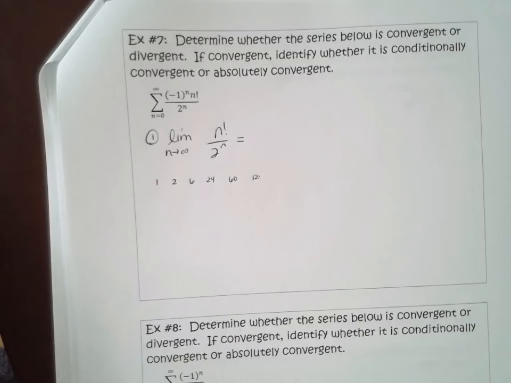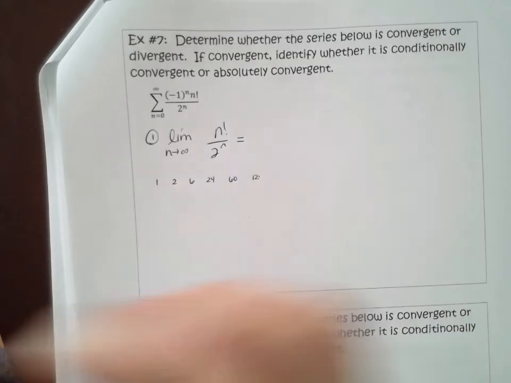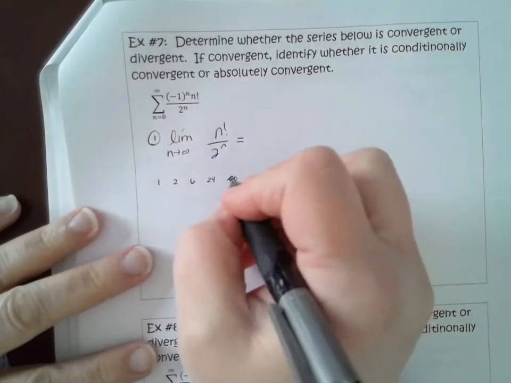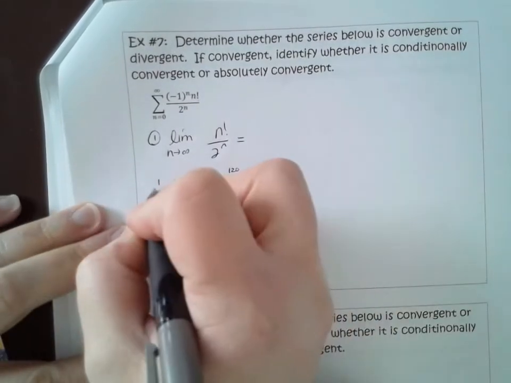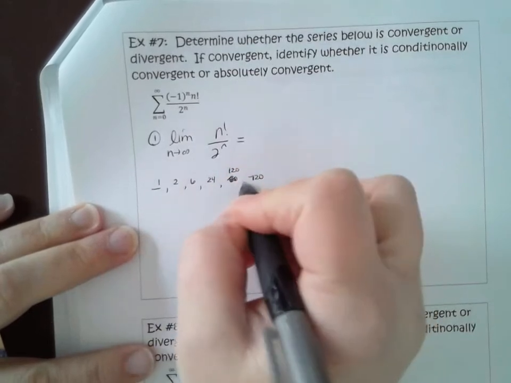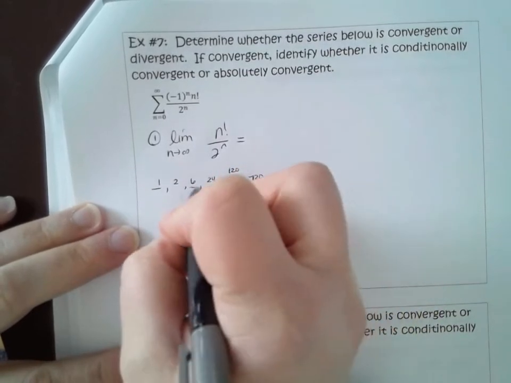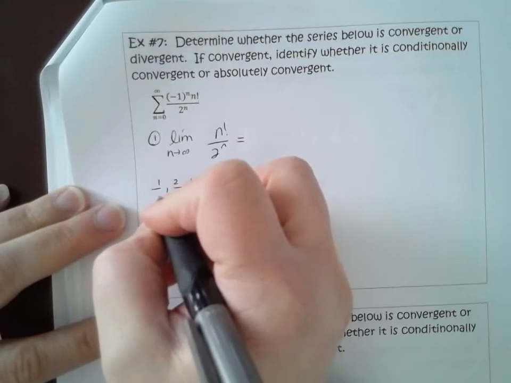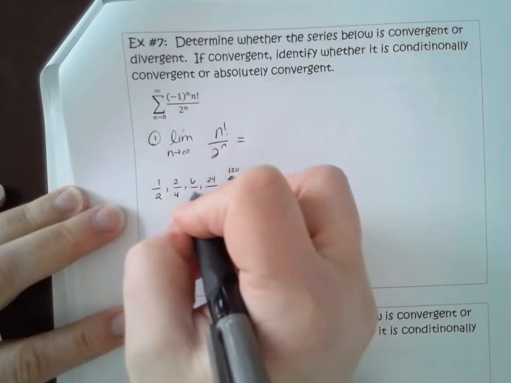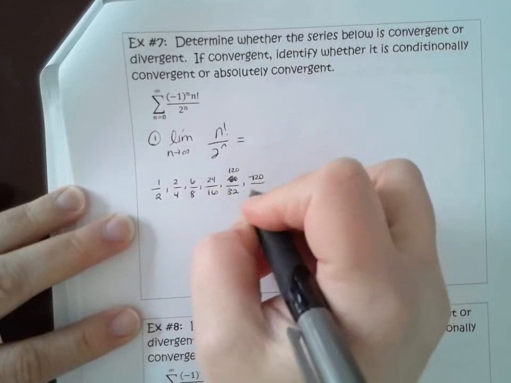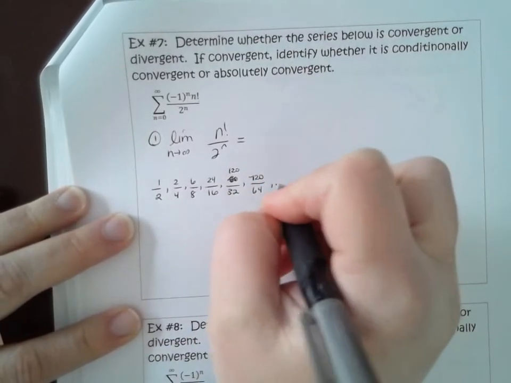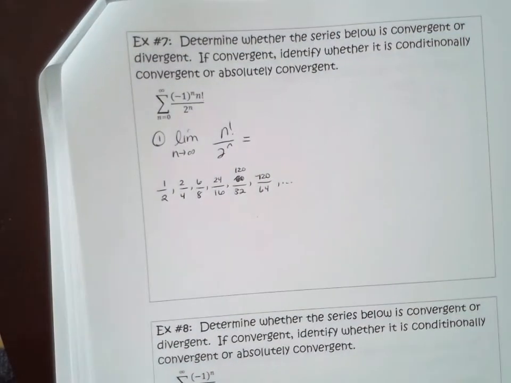There's other places too, but okay, I did that wrong. So this is not 60. This is 120, and then this is 720. There we go. My denominators are growing by 2s, starting with 2, 4, 8, 16, 32, 64. And it doesn't take long to look at those fractions and realize the numerator is growing much faster than